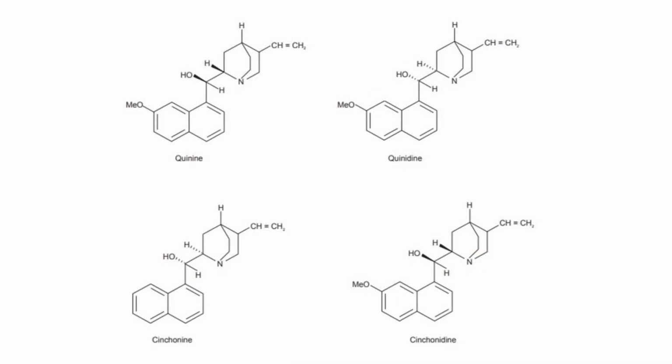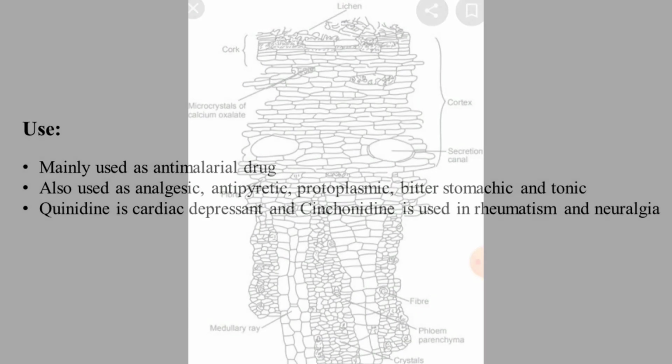And at last, I am going to explain the pharmacological uses of cinchona. As I told before, the most important and major pharmacological use is quinine. From the cinchona bark and root, we can get quinine, and cinchona bark as well as the isolated quinine can be used as a potent anti-malarial drug